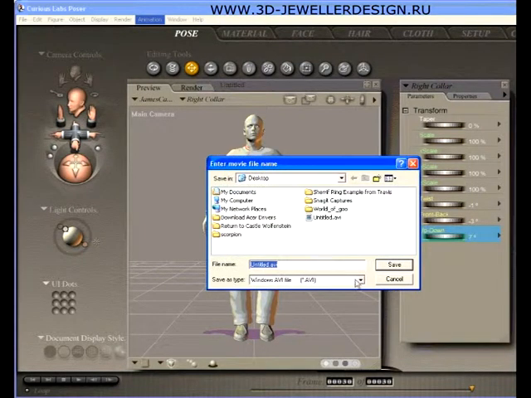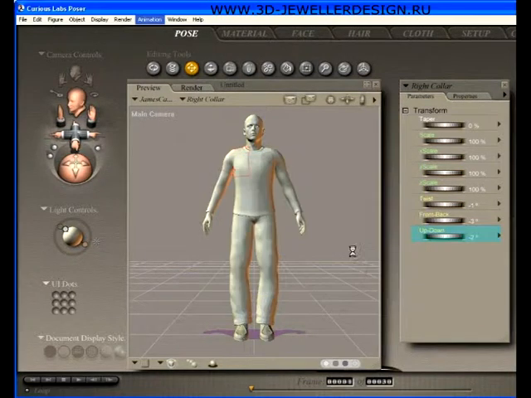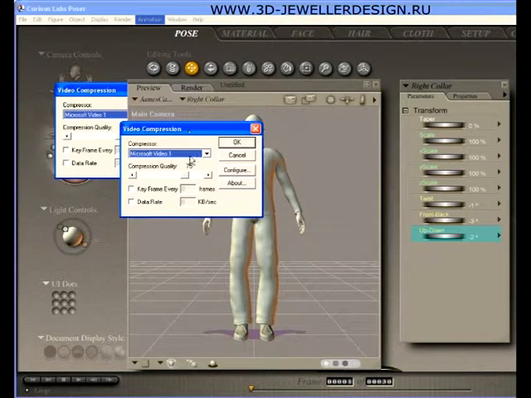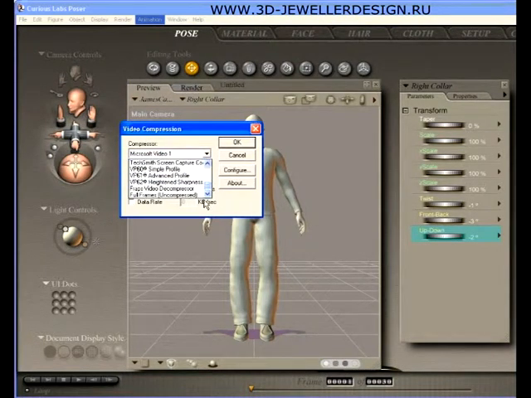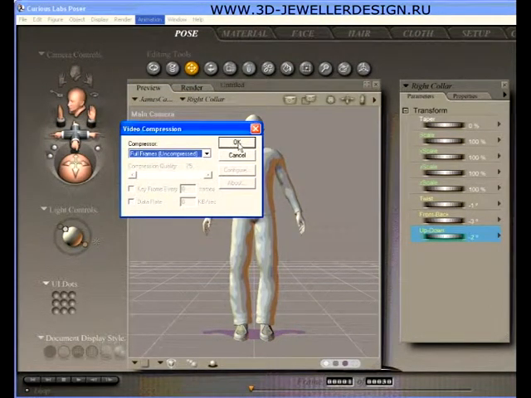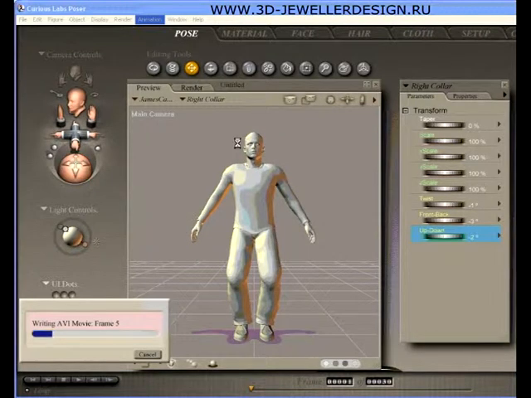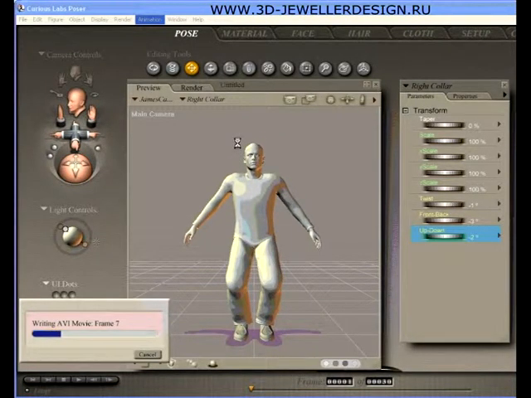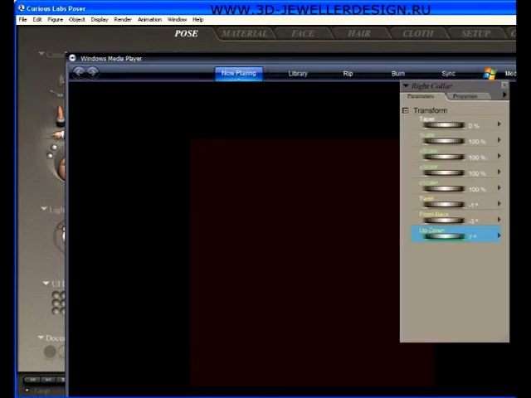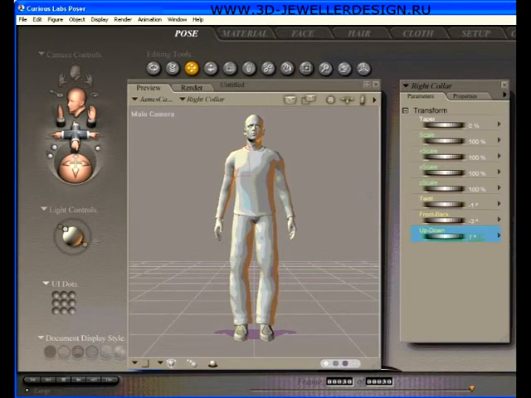Then it's going to ask us what to name it. We'll just do untitled, save, yes. Here we go. It's asking us the compression that we want, and I'm just going to pick full frames uncompressed AVI. It'll be fast and it'll play. So I'm going to hit pause here till it's done. And there's our animation of James doing something. So that's how to get models in and out, do some posing. That's pretty much how